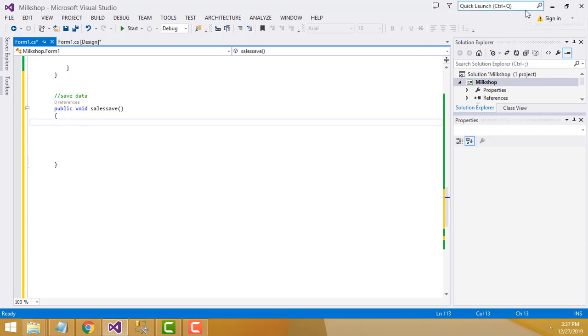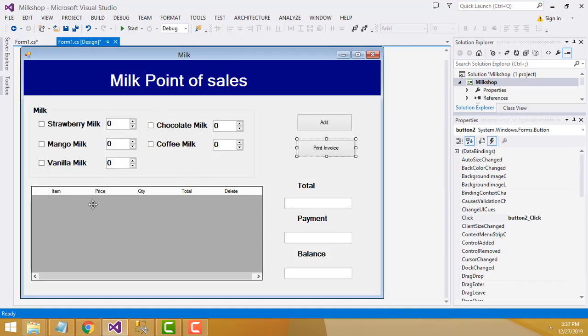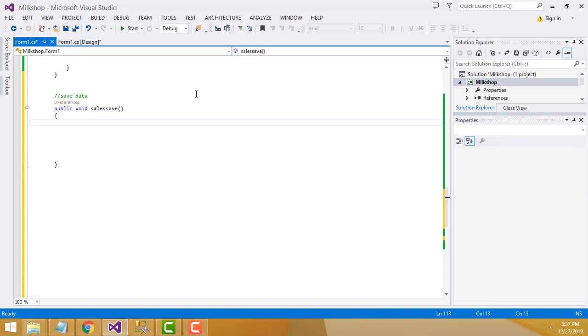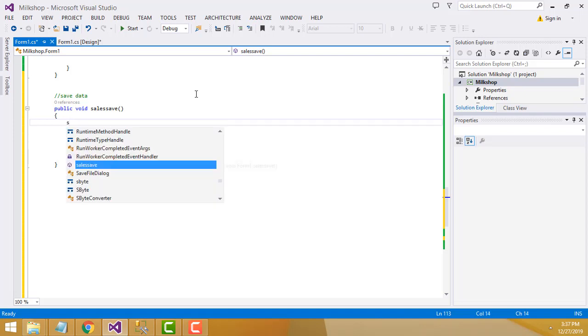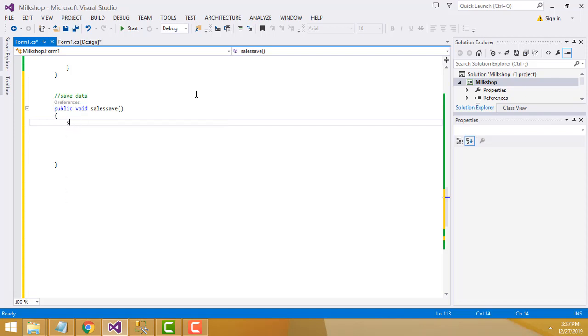So what I am going to do first is set these relevant fields into variables. Here I am not going to calculate anything else. We only have to save the data into the database. So we have to write string. If you calculate the values, you have to write integer. These fields are only what I have to store in the database. So you have to write string, dot txt